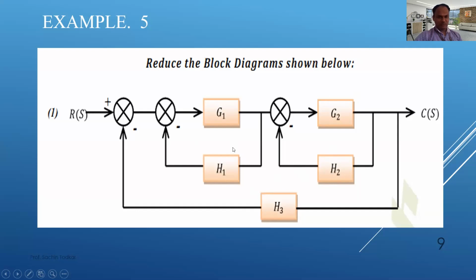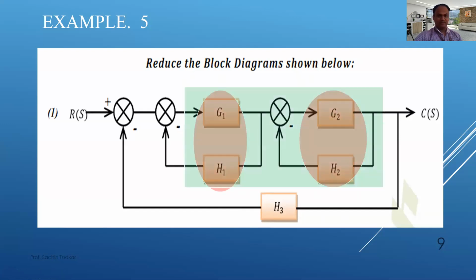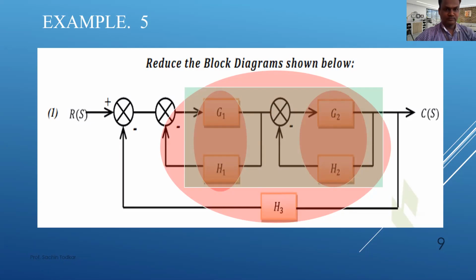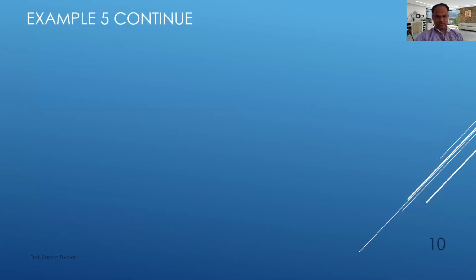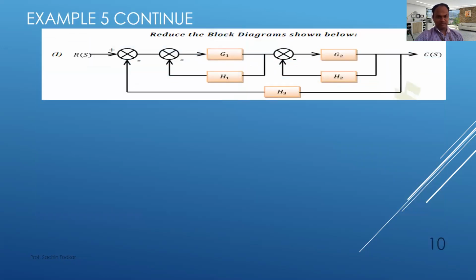Now what we are going to do? We are going to solve the inner feedback loops first, then outer feedback loop. So your procedure will be, we are going to solve G1H1 and G2H2 feedback loops. You see there are negative signs, so in the denominator you will get positive sign, and then we are going to add these 2 blocks, and then we are going to find out the H3 feedback loops answer. So this will be the procedure of your block diagram reduction diagram.